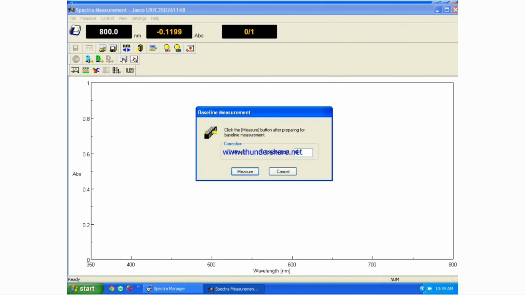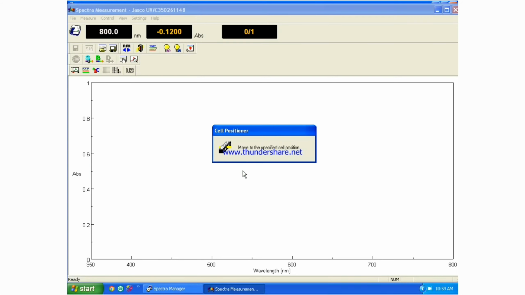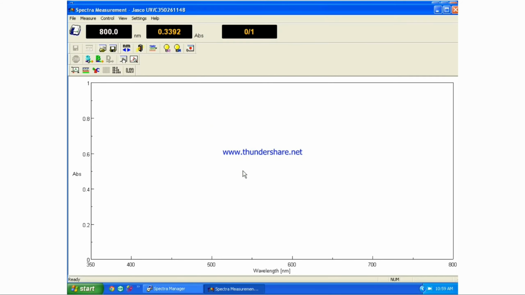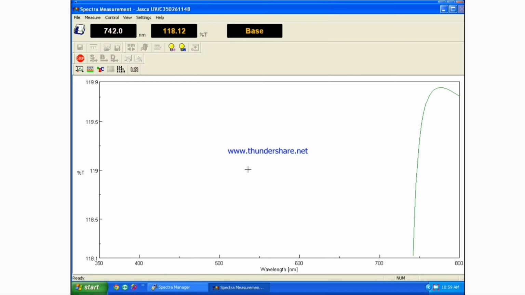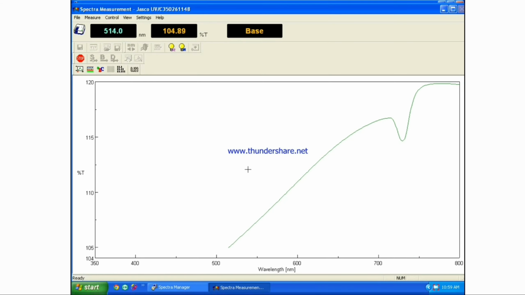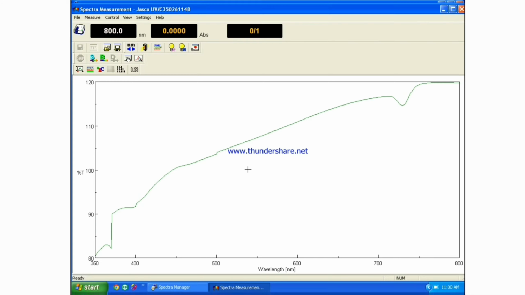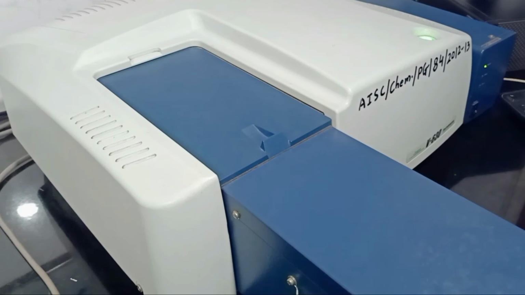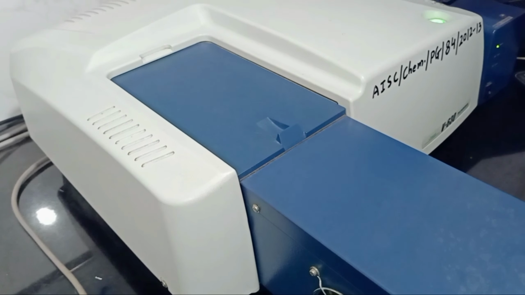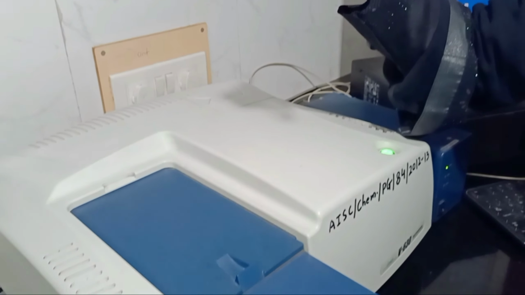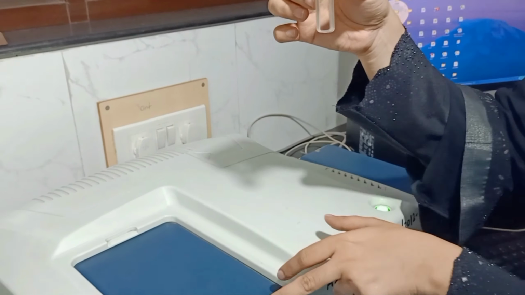Then Measure needs to be clicked. Now scanning will start for the blank. Now we are done with the blank.